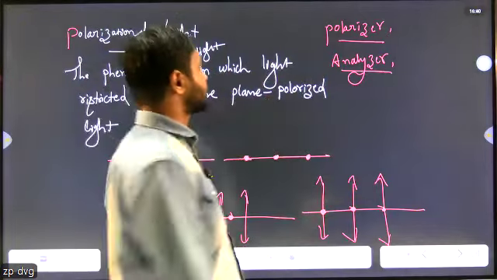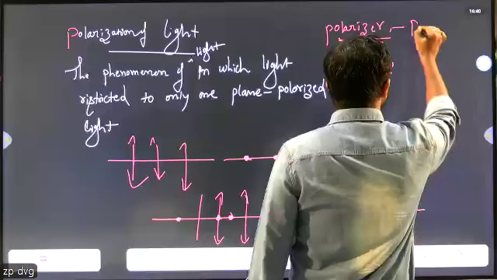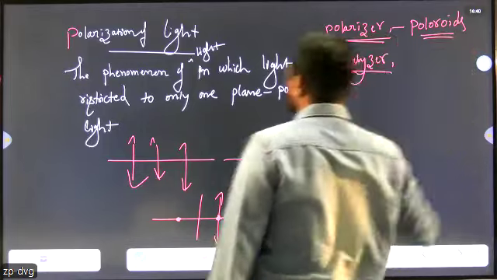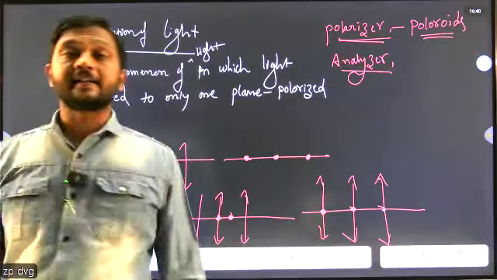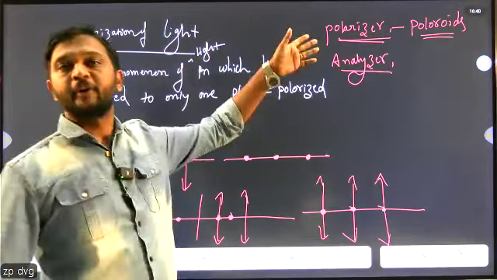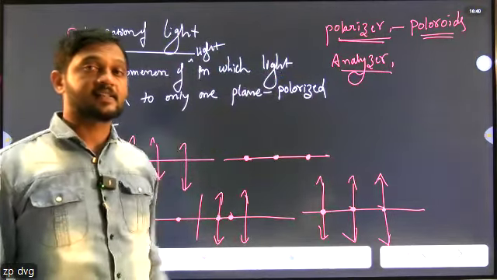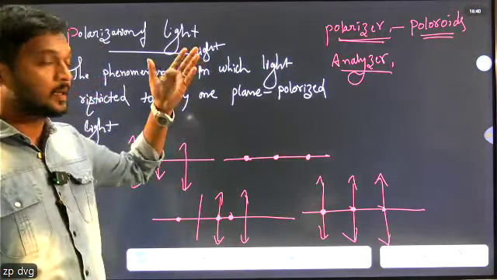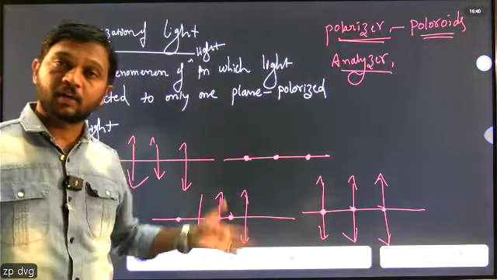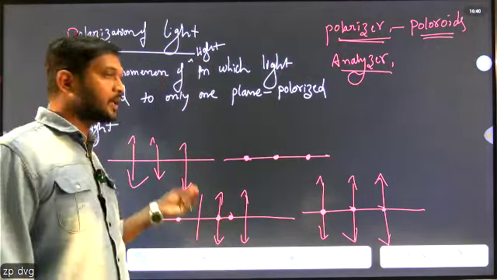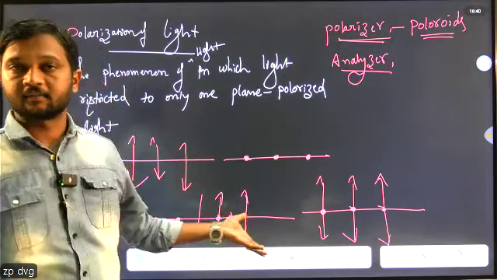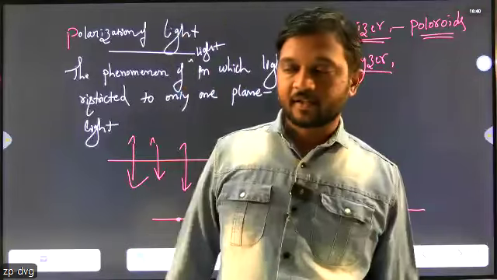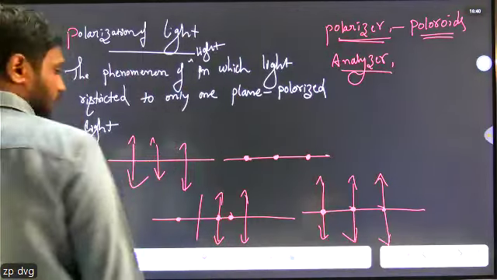The best example of a polarizer device is the polaroid. It is a device used to produce the polarization of light, and this polaroid can be used in the manufacture of 3D sunglasses and different upcoming optical communications. They're all about polarization of light, unpolarized light, and the representation of plane polarized light and unpolarized light. Is it clear? So now the most important last concept is one law, that is